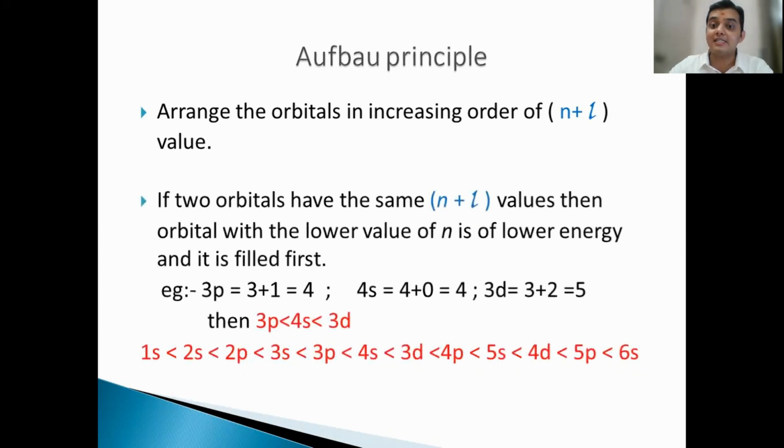If two orbitals have same n plus L value, then the electron will prefer to go to lower n value. Means it will prefer to go to lower shell number. इसका simple meaning मैं बता दूं. अगर मुझे मेरी बिल्डिंग में थर्ड शेल के थर्ड फ्लोर के एक हाउस का एनर्जी और फोर्थ फ्लोर के एक हाउस का एनर्जी, अगर वो दोनों का एनर्जी सेम है, थर्ड फ्लोर का हाउस और फोर्थ फ्लोर का हाउस,